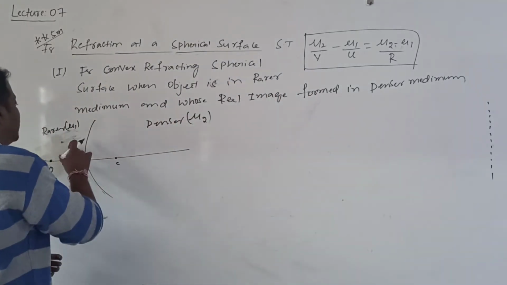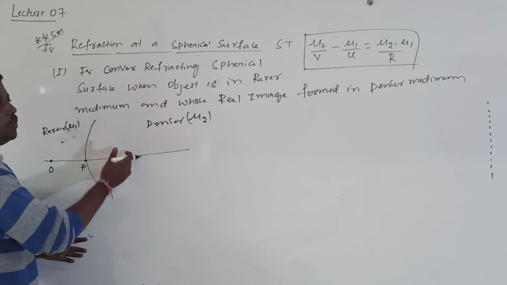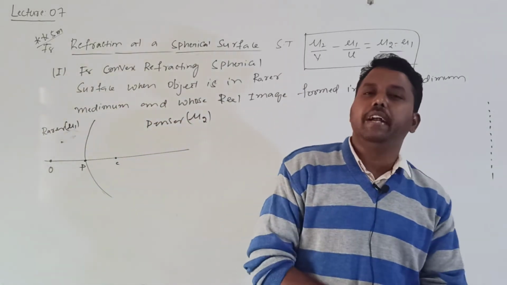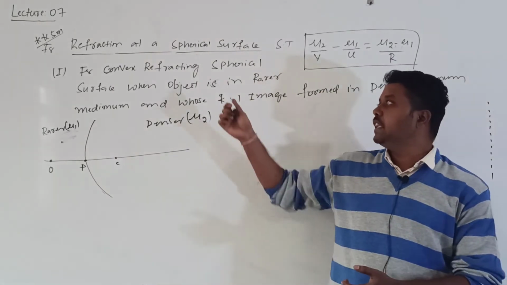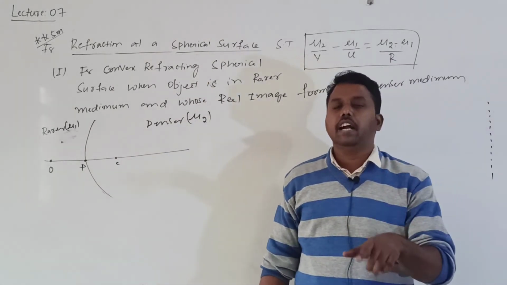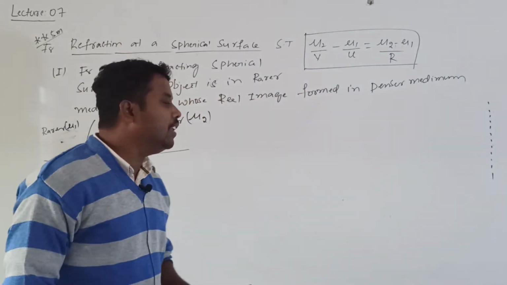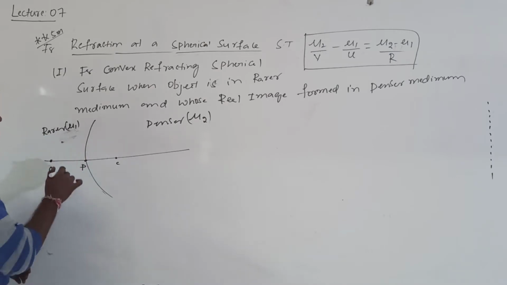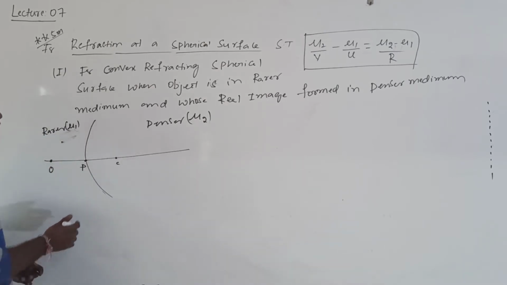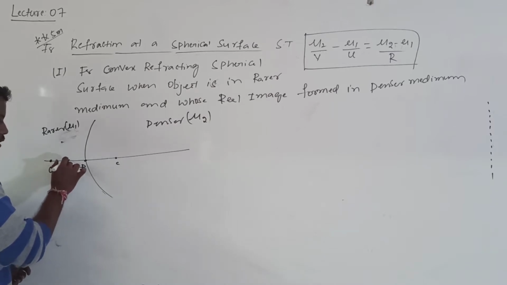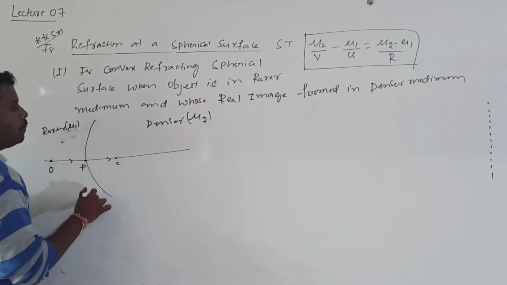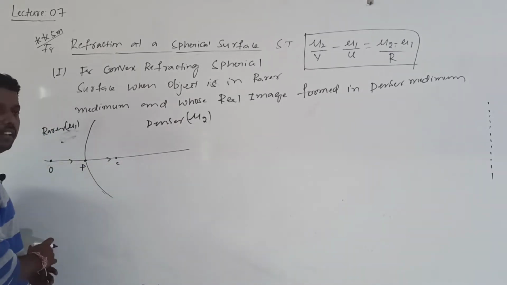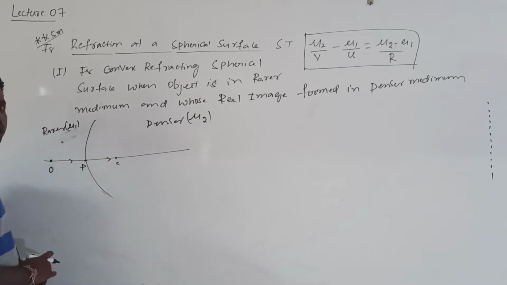When we will get the image, light rays after refraction converge. If they converge, we will get a real image. If they appear to diverge, we will get a virtual image. But the condition is object is real and image also real. Many light rays will come from the object and be incident on the surface. Considering all light rays is somewhat difficult, so let me consider two such rays. One of the light rays is traveling along the principal axis. The principal axis will play the role of the normal, so the light ray is refracted without any bending.